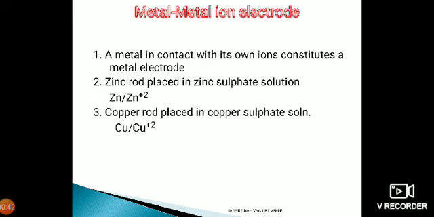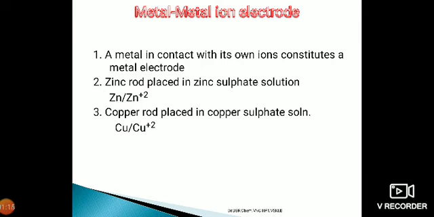These are the simplest type of electrodes in which the electrode materials take part in the reaction. In them, a metal electrode dips into a solution containing ions of the metal. You can have an example of these metal ion electrodes where zinc is placed in zinc sulfate, that is represented as Zn | Zn2+, or a copper electrode can be represented as Cu | Cu2+, or a silver electrode can be represented as Ag | Ag+.